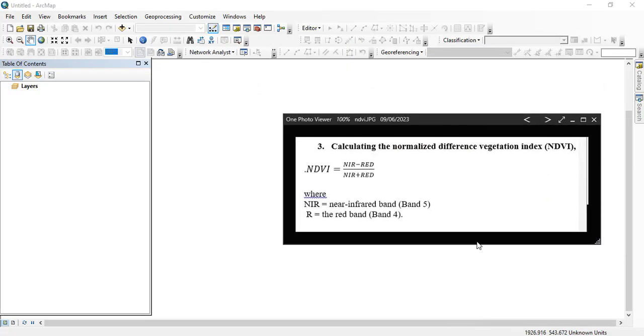To calculate the Normalized Difference Vegetation Index, the formula is near infrared minus red over near infrared plus red. For this tutorial, I will be using the Landsat collection 8 for my analysis, and near infrared for Landsat 8 is band 5 and red is band 4. So for any Landsat collection you are using or any other thing, just know the band that is near infrared